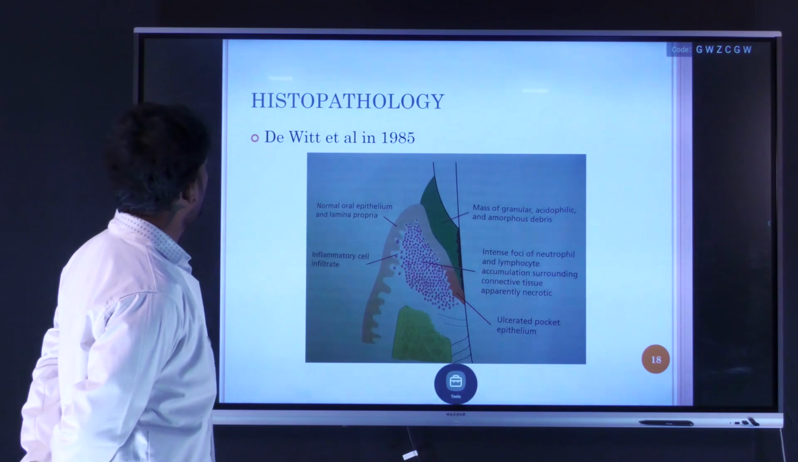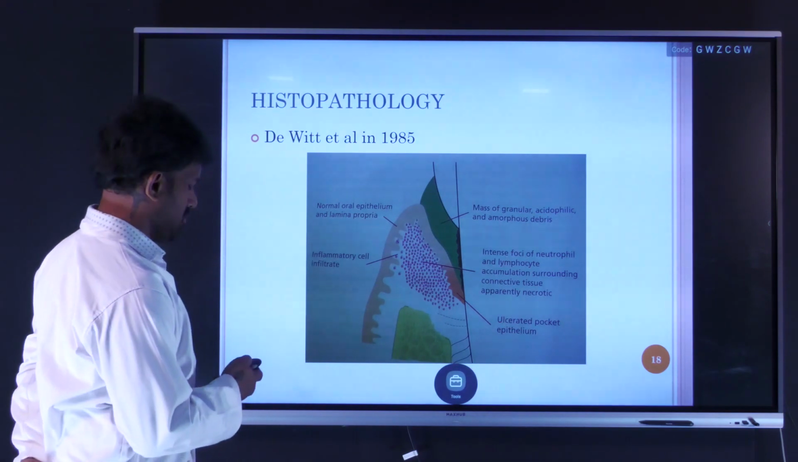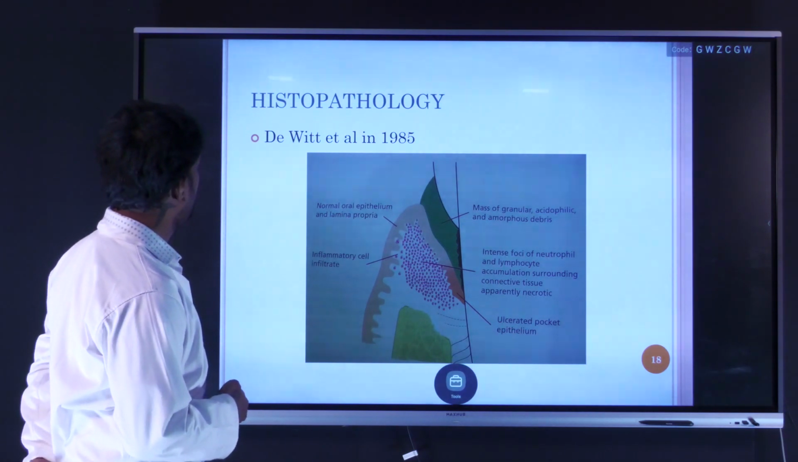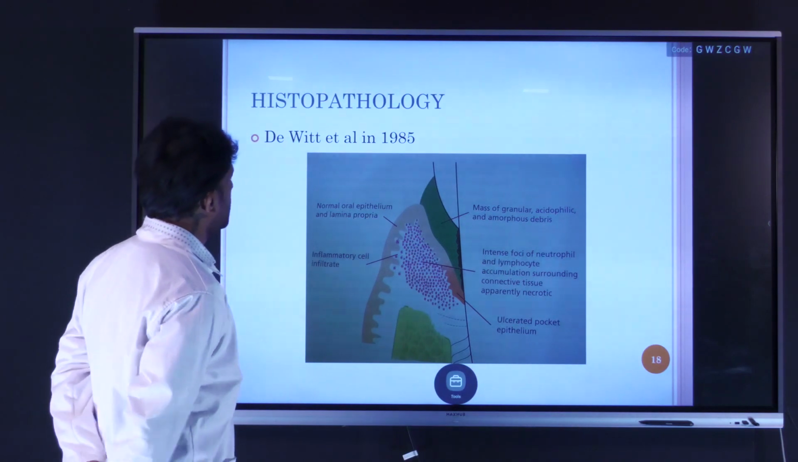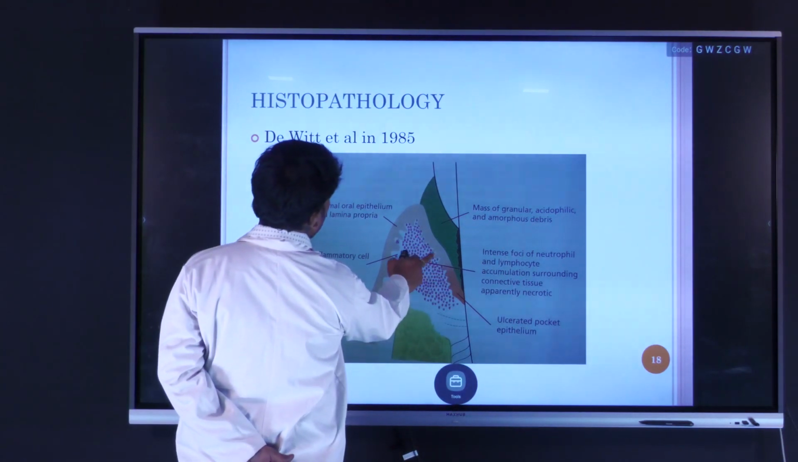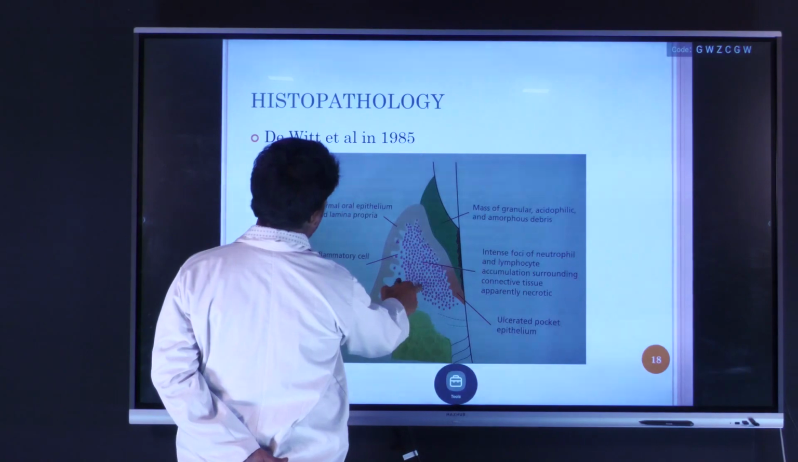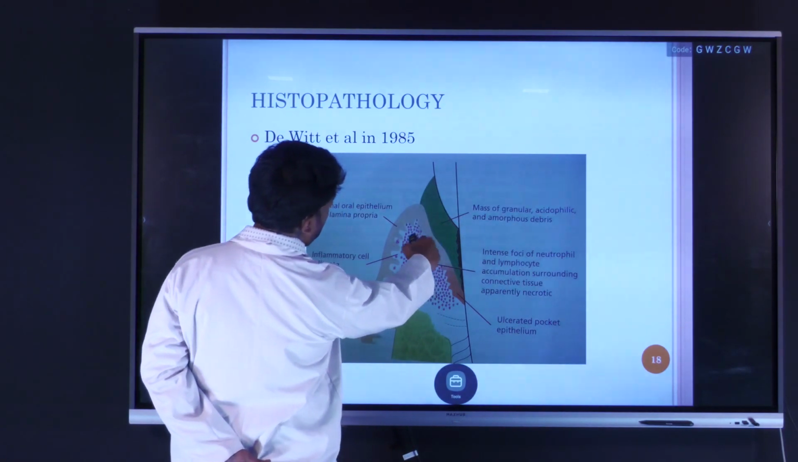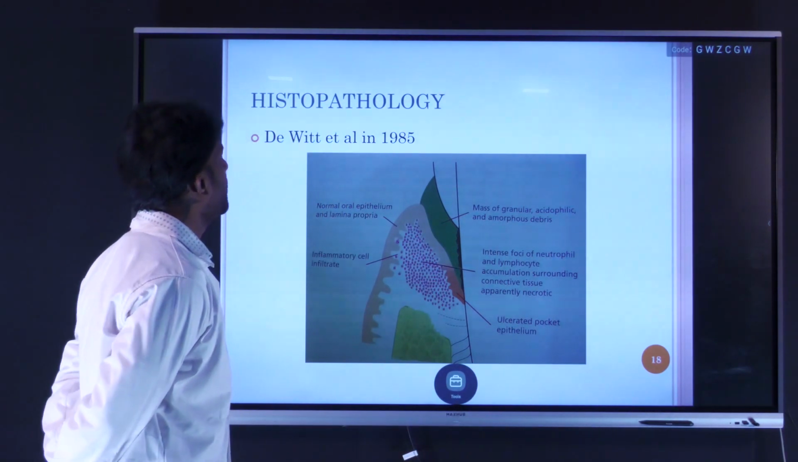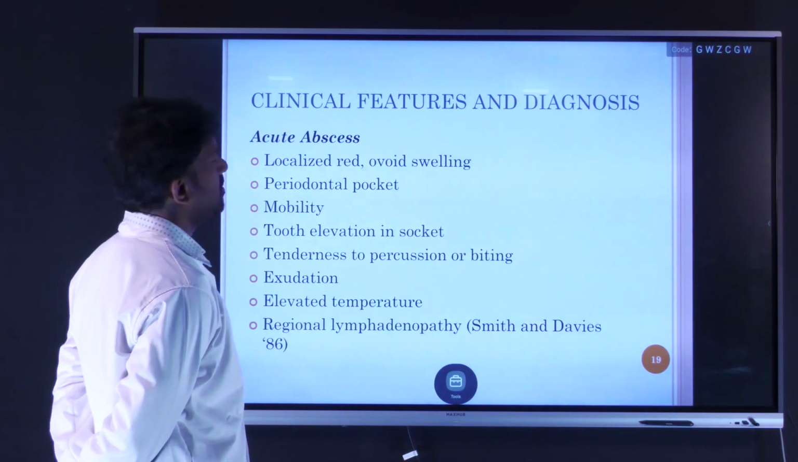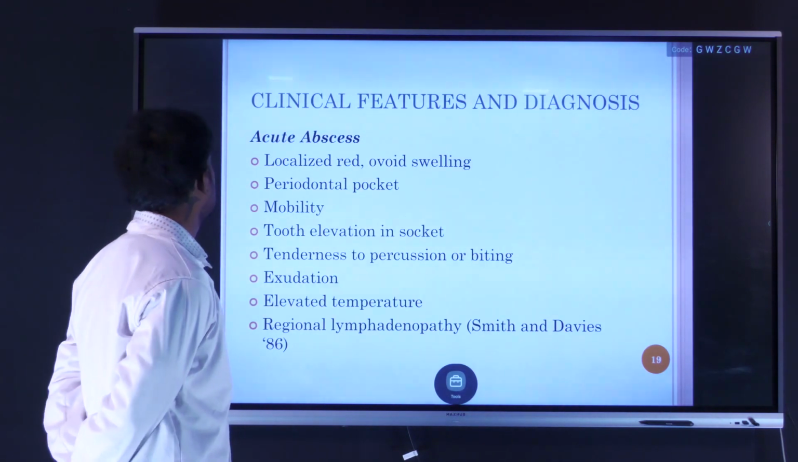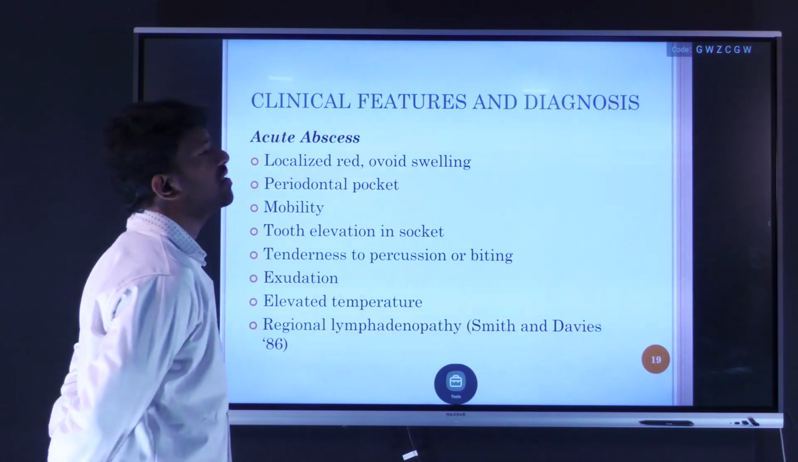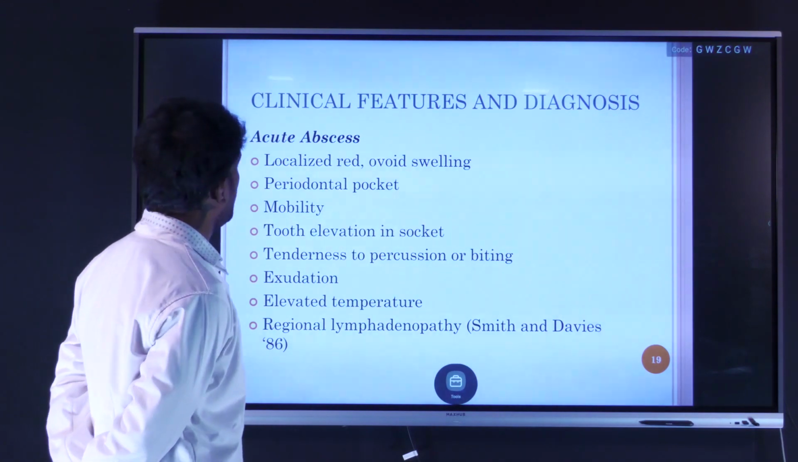So histopathology, where we can see normal oral epithelium and lamina propria, where you can see this intense focus of infection, and a mass of granular, acidophilic and amorphous debris is seen. So clinical features, where in clinics we can see an acute abscess with localized red ovoid swelling, periodontal pocket,